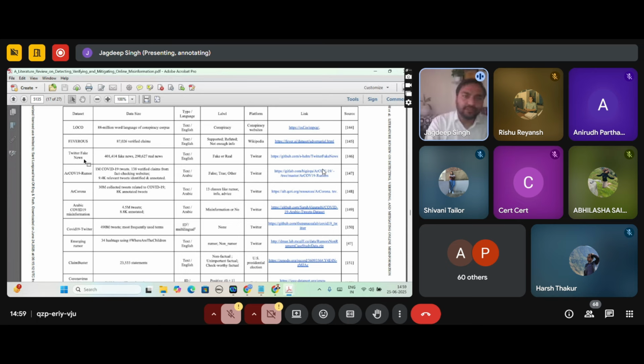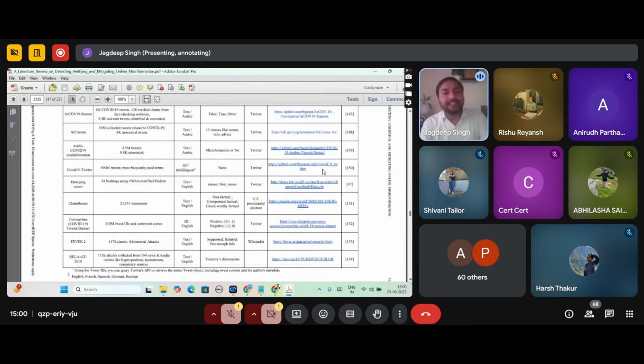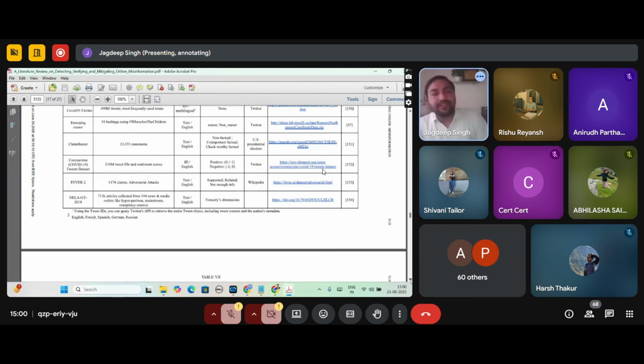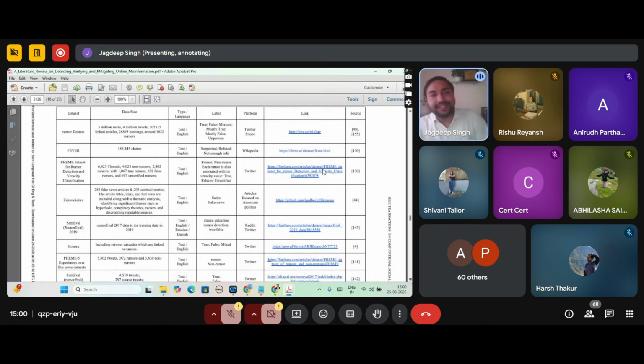Another one is Twitter fake news. In this particular dataset, you can download it with the help of this link. In this dataset, both fake news and real news are available, and it is available in text as well as in English. And you can see these datasets like the COVID-19 dataset, ClaimBuster dataset, rumor dataset, FEVER